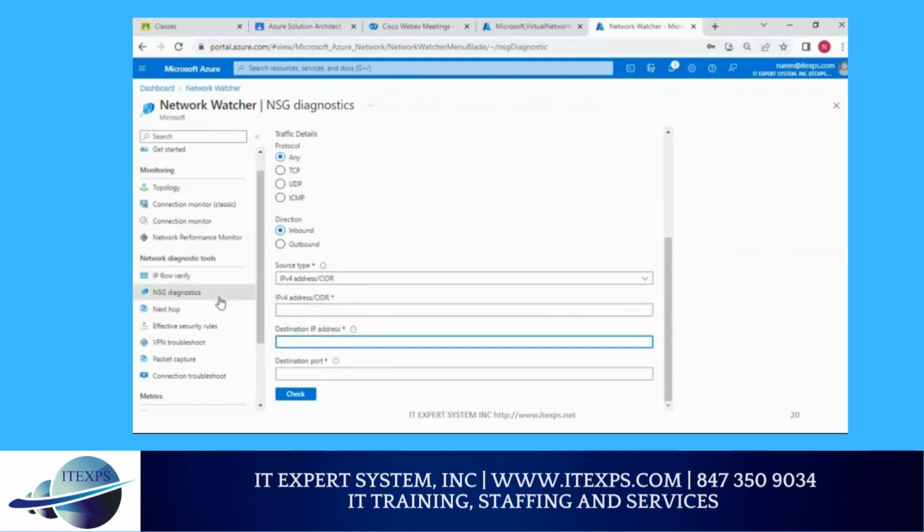Okay, and then when you do NSG diagnostic, what you will get is the rules based on the direction. So if you say between these two IPs, what are the rules I have inbound, it will tell you the effective inbound rules. Makes sense? Because your rules can be propagated from many subnets, right? So you might have subnet level NSG, VNet level NSG, and then you have your server level NSG. So it will aggregate all the